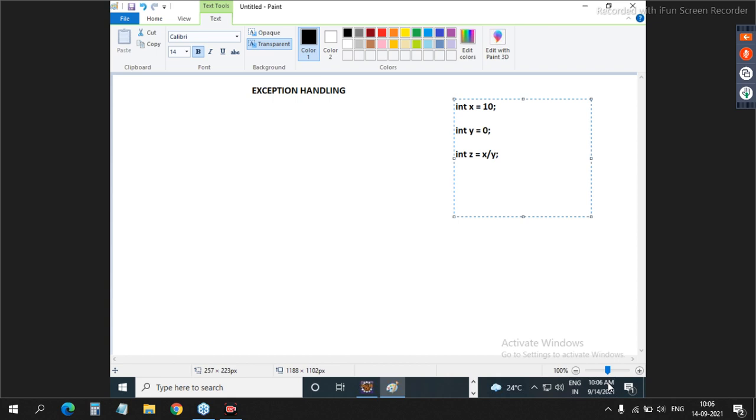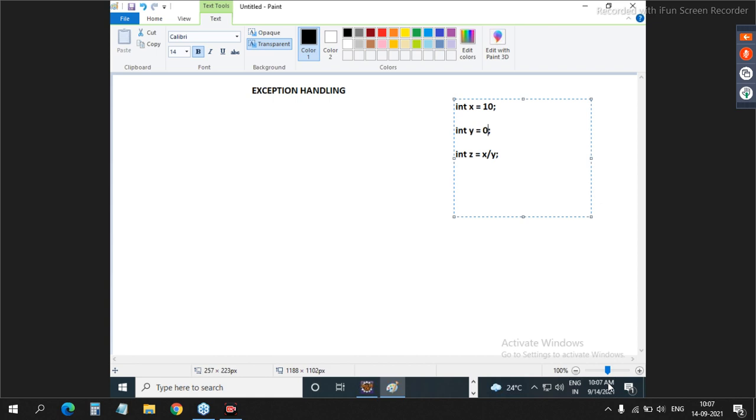Now 10 by 0. Guys, here the compiler will pass because the compiler checks the syntax. Hey boss, int division is happening, everything okay. Now JVM says, hey boss, how can I divide 10 by 0? There is no such provision available inside me to proceed with this division.